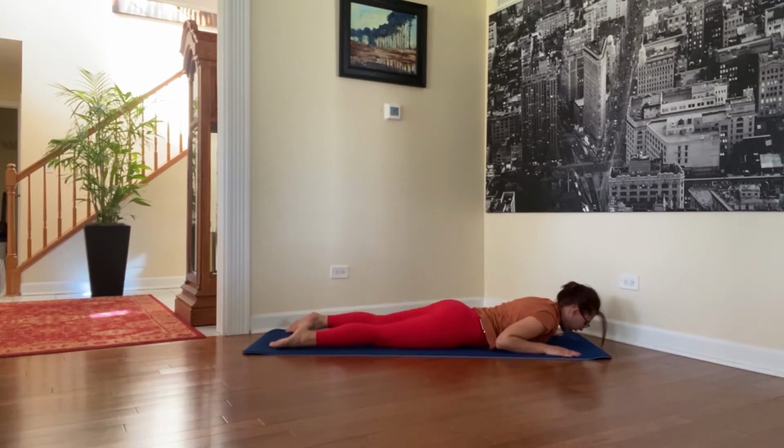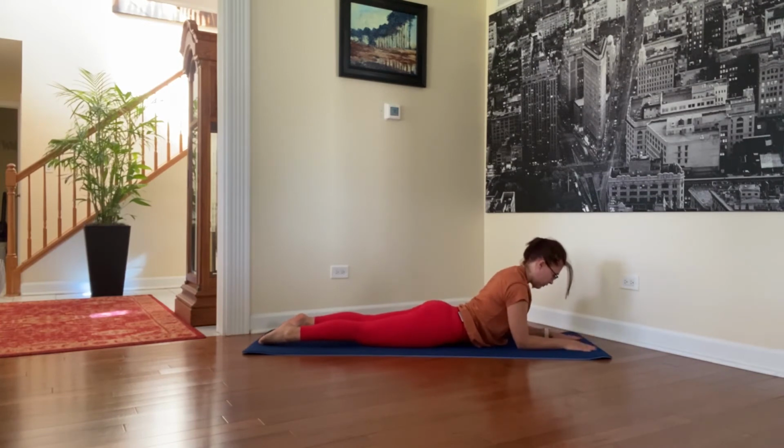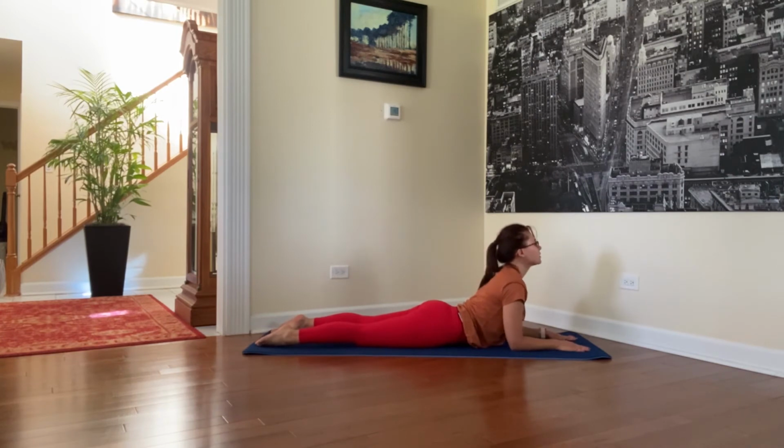So you're laying flat on your belly, pressing your quads and the top of your feet into the mat. Place your forearms out in front of you. So your elbows are bent at a 90-degree angle, and you're lifting your chest up and your gaze is forward. We're going to do a Sphinx, and then we're going to bring our right foot out to the side into a half